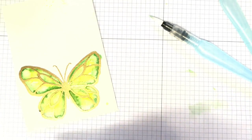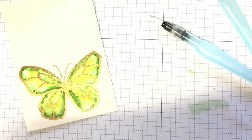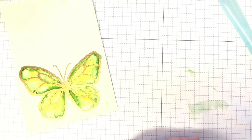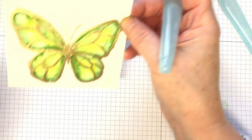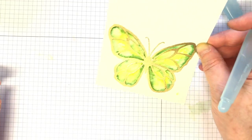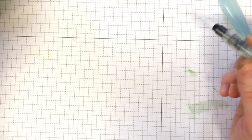And throw away the wet wipes. If you're using wet wipes, throw them away. There's plenty in a pack. You don't need to keep it on the table, because if it gets onto your butterfly or onto your card, can you see that now? How pretty is that? So I'm going to put that to one side now, and I'm going to bring back